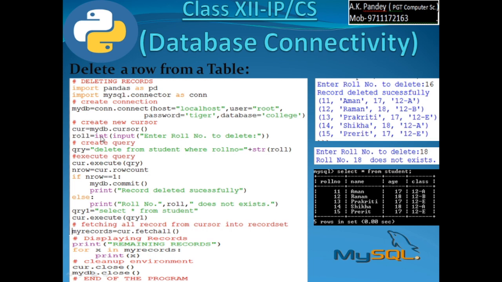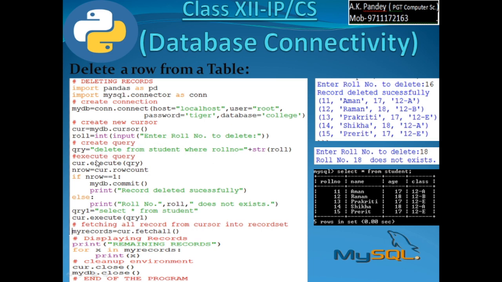Now here I am putting the roll number. Roll number for what? Which roll number you want to search and delete, because roll number is a unique column, primary key, so that is existing only once in the table. So that is very easy to search. Only one record will be retrieved based on the searching of the roll number column, and the same has to be deleted. It can be verified later.